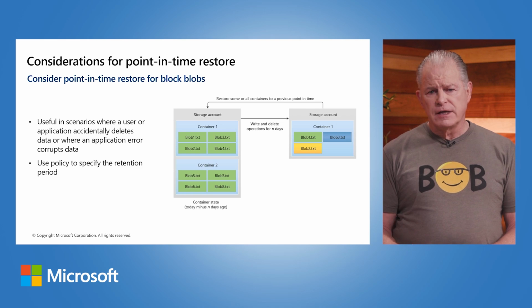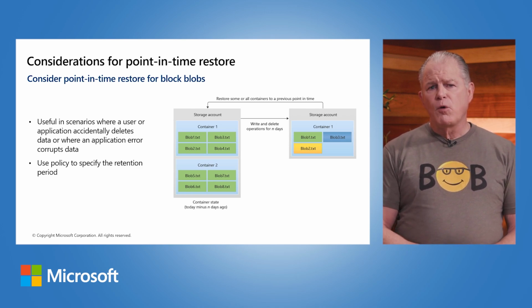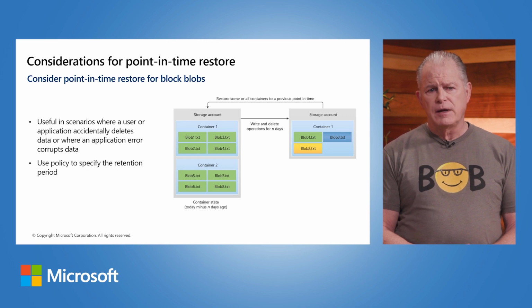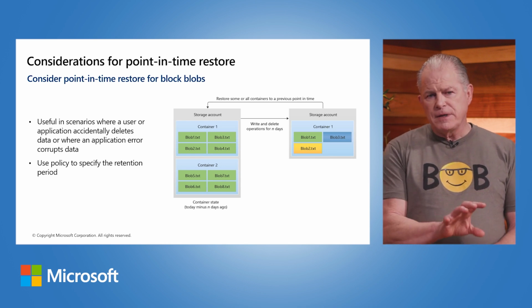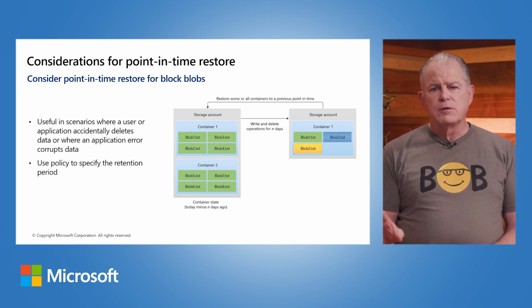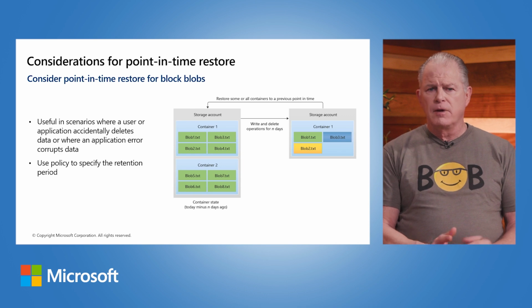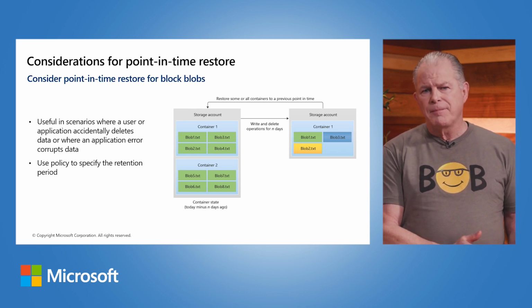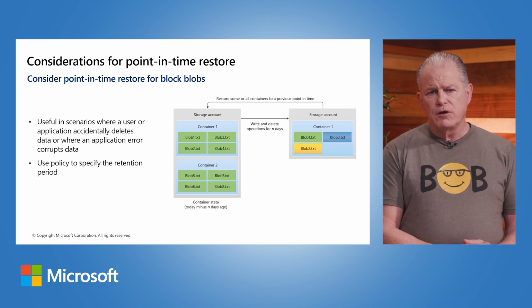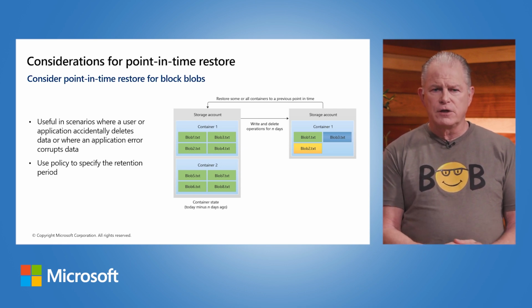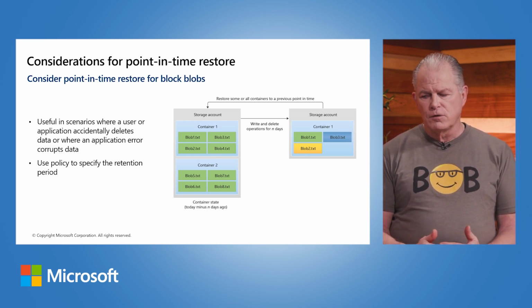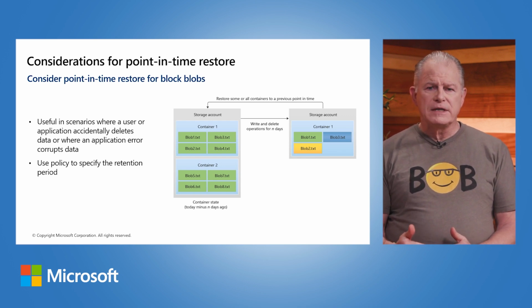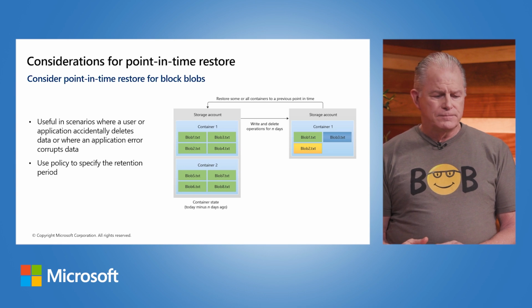In addition to the soft delete and the versioning capabilities, there's a point-in-time restore feature that you can also enable on the containers that you're working with. And so again, this becomes a snapshot that takes the information and copies data from one storage account into another storage account that you could then use to recover from. The soft delete and the versioning features happen within the container that you were dealing with itself. So this is another layer of security that provides the blob capabilities of replicating that information to a different storage account and then being able to have a point-in-time recovery of that information.